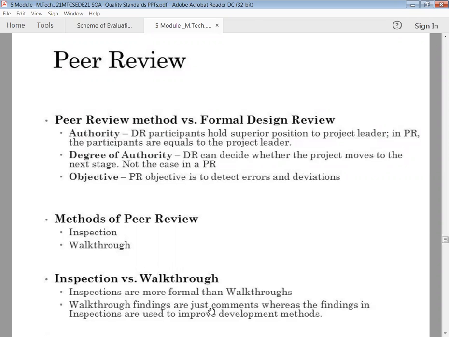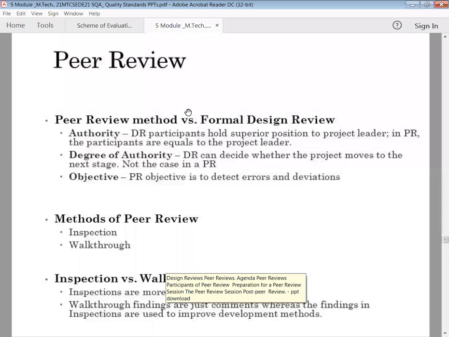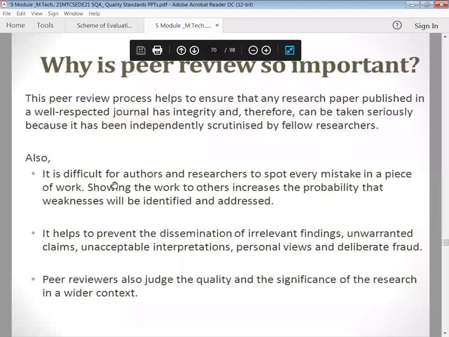Walkthrough findings are just comments, whereas the findings in inspections are used to improve the development methods. In walkthroughs, they go through the content in an informal way and give their comments and reviews. Why peer review is most important: